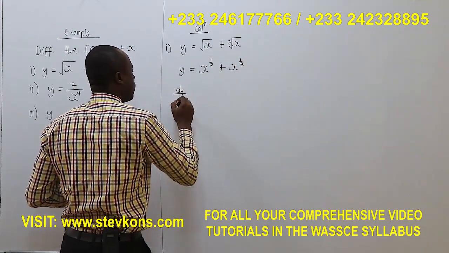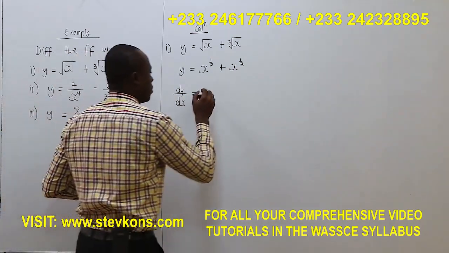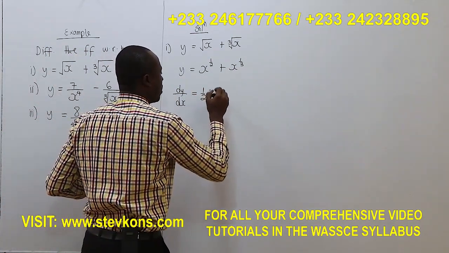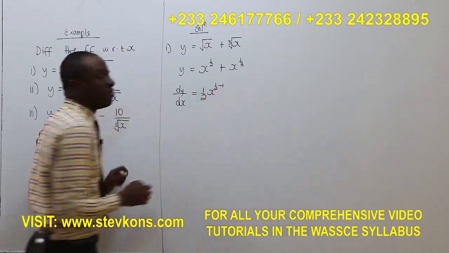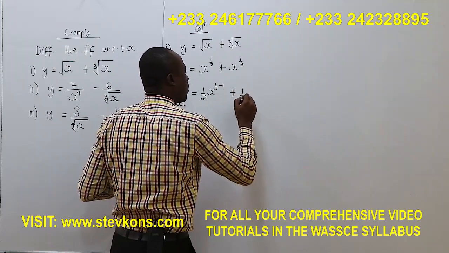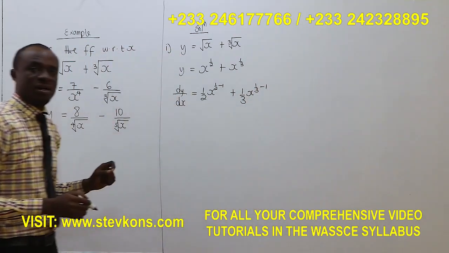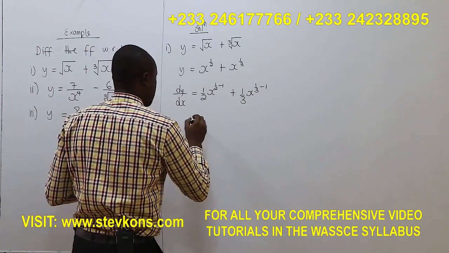And when we differentiate this, dy/dx, the n has to come down. So n coming down, you have x to the n minus 1. Then plus 1 over 3 coming down, x to the 1 over 3 minus 1. And clearly this is giving us